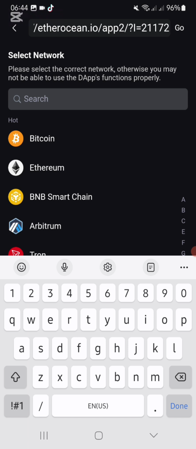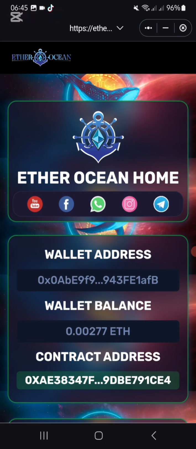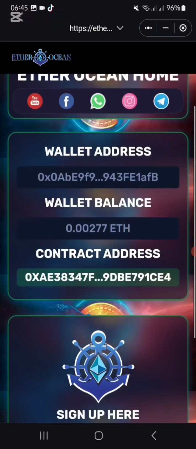Now you're going to select your network by clicking on the search bar below here and you're going to type in OP. Now you see there's two options if you have two wallets already. So I'm going to choose the top one because that's the wallet I am creating at the moment. So I press on Optimism and this is how it will come up. You are just going to scroll up a little bit